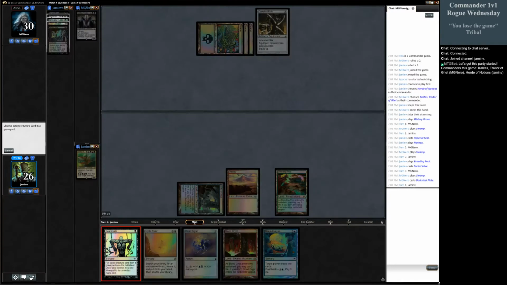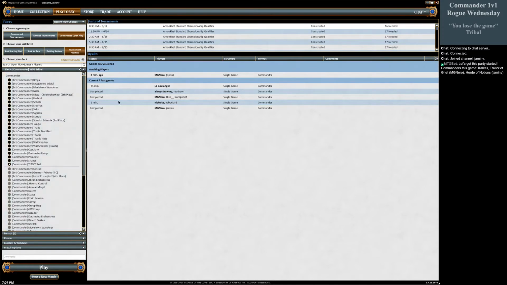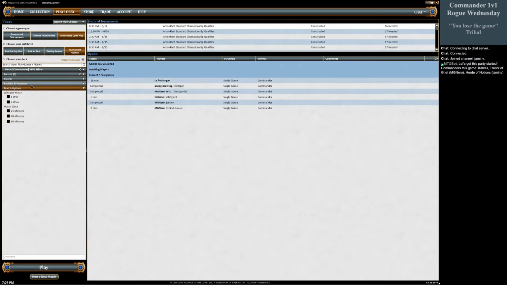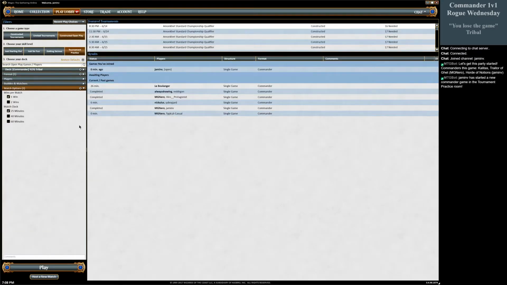Alright, well that one was easy. Alright, we're not gonna play him again. I don't know how amused he was with that. He didn't lull. Alright, I'll host one. Hopefully we don't get him again. Looks like he already joined a game. Yeah, he joined a game. So...